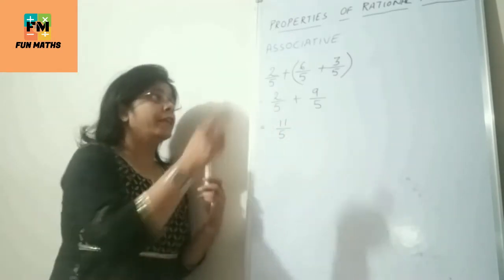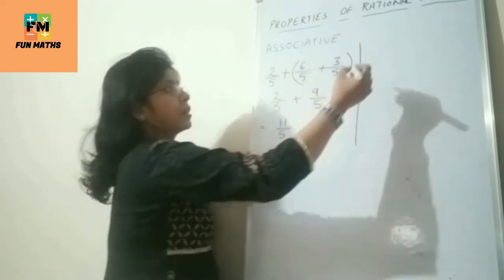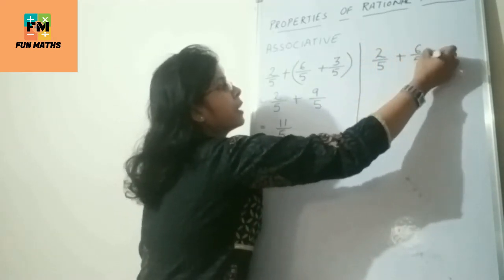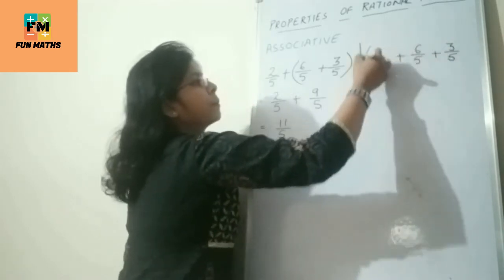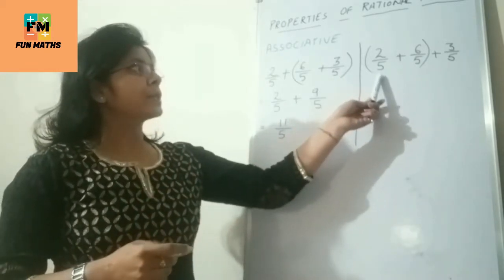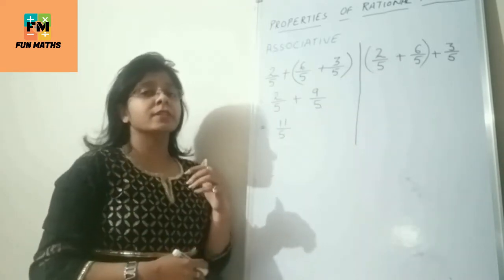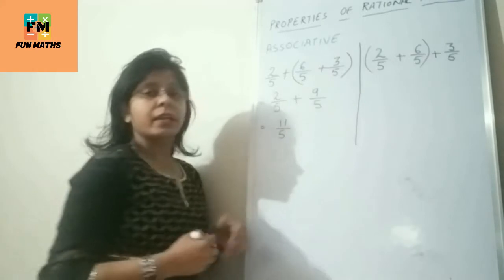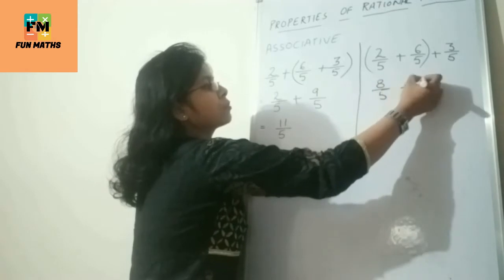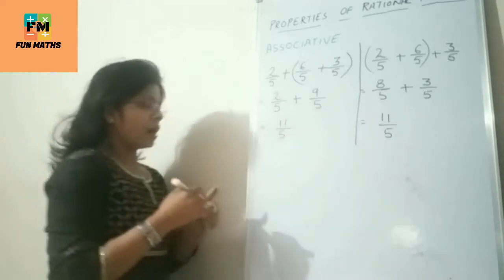Now let's check if we change the order of the three rational numbers, what we will get as a result. So again I am writing the same rational numbers in the same way, but here I will be changing the grouping by separating the first two rational numbers within a bracket. Right. So as per the BODMAS, now we have to solve these two rational numbers first, and then whatever result we get, we will add to 3 by 5. So 6 plus 2, we all know 8 by 5 plus 3 by 5. Now 8 plus 3 we know 11. So 11 by 5 is the answer, right?